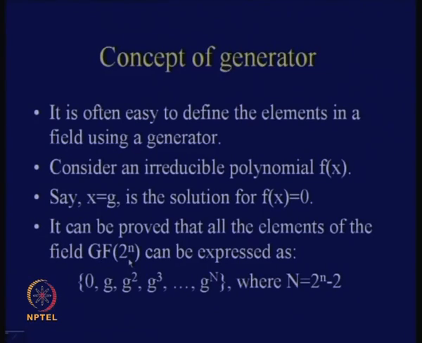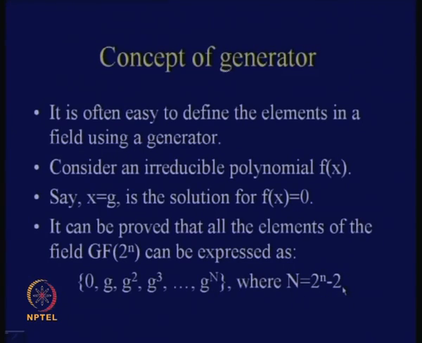So when I am considering a field GF(2^n), I have got my elements which I can represent from 0 to 2 to the power of n minus 1. Therefore 2 to the power of n elements exist. So in our case, we note that we have G run till 2 to the power of n minus 2. Why? Now because